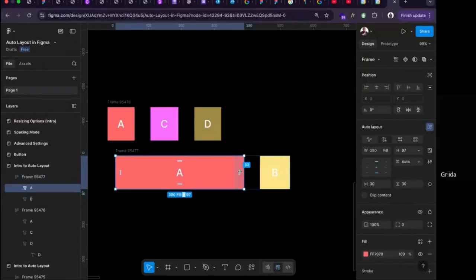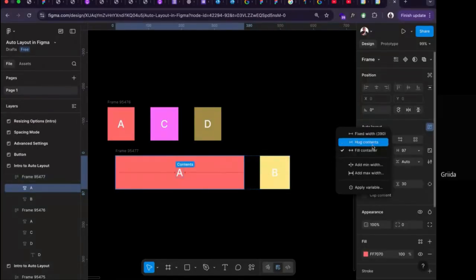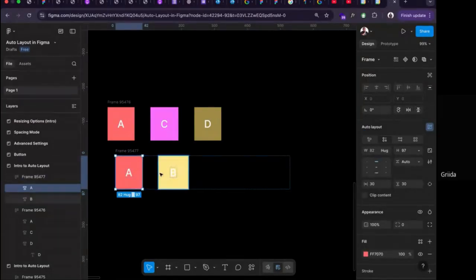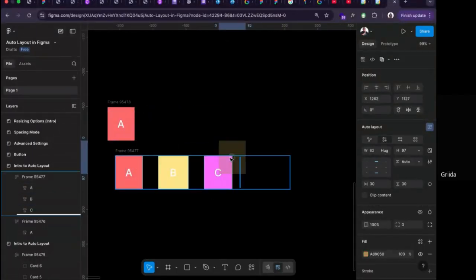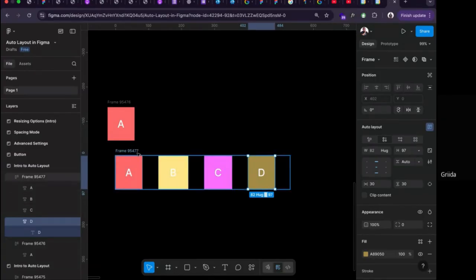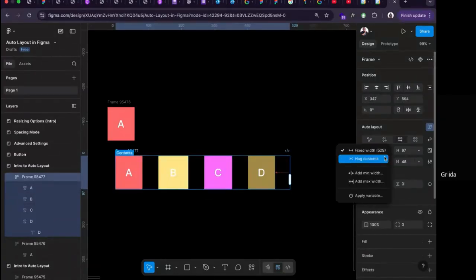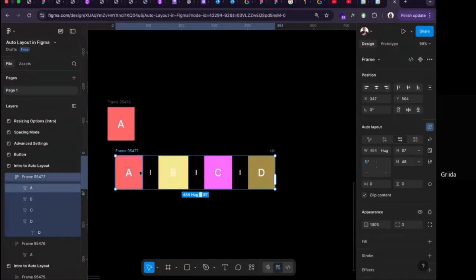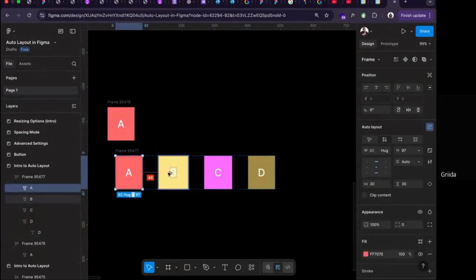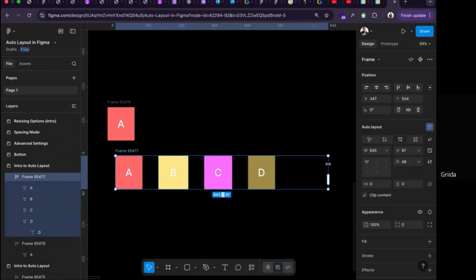Now we have two elements. Let's take this back to hug content, and let's bring this also here. Let's make this hug content. Now the space between these elements, this one and this one, if you check, is 48, right? It is 48. If I increase this space,